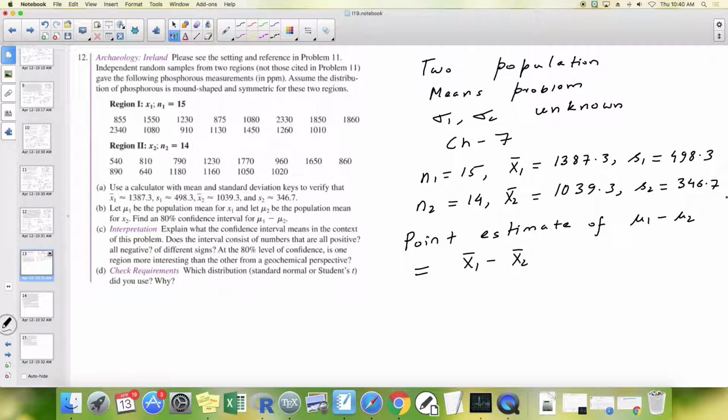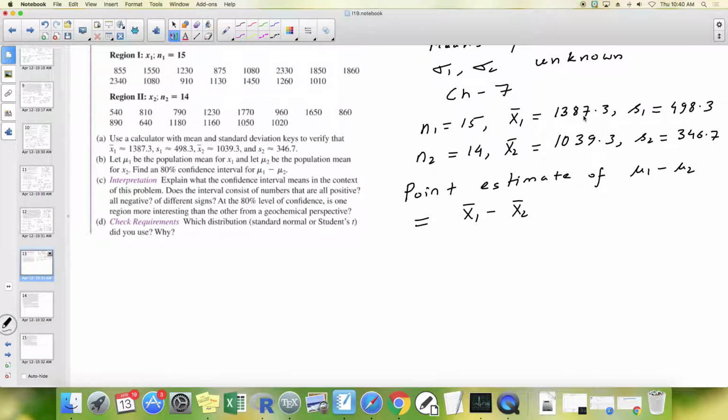Next, we have to find the margin of error. So margin of error is E equals